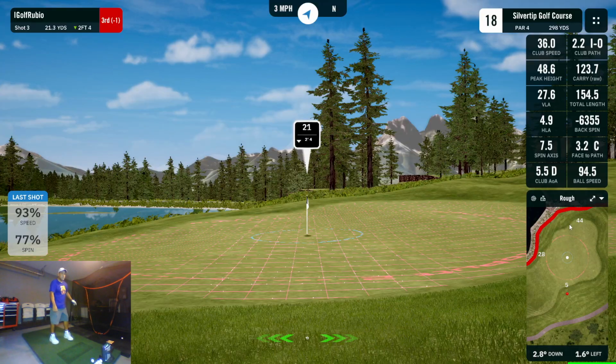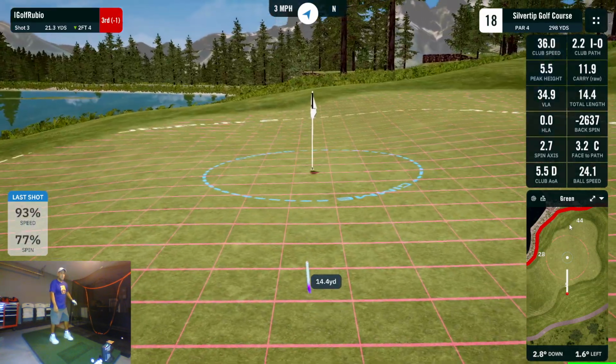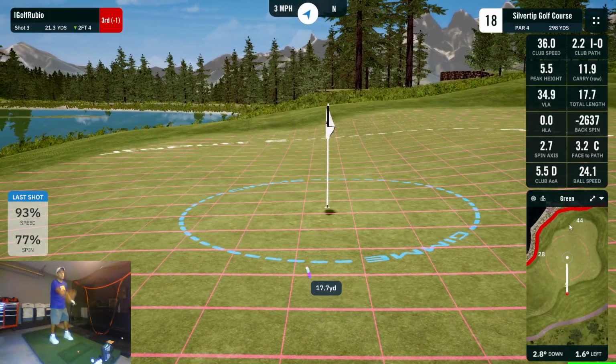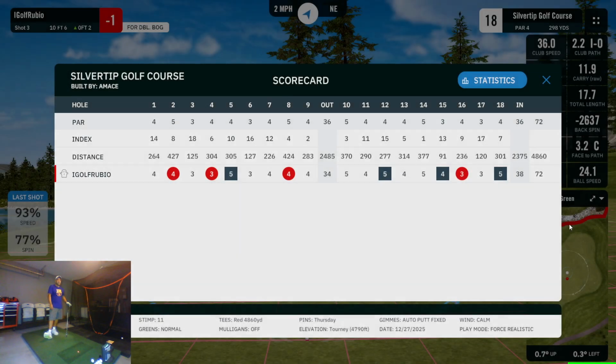Felt good with that. With the run out, we should be okay. Keep going, keep going, keep going. You should have finished par, 72. I can't be mad at that, guys. There was a lot that I left out there on the course, but that's a tournament round here